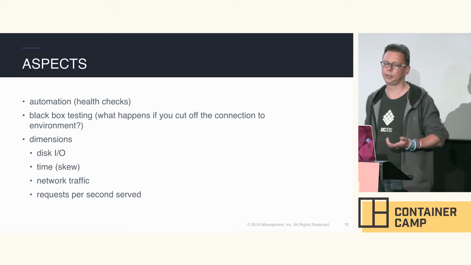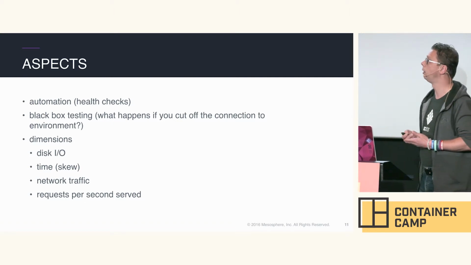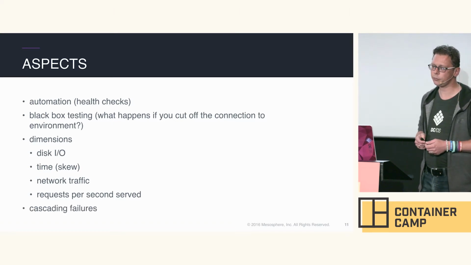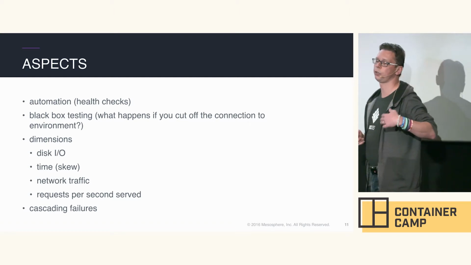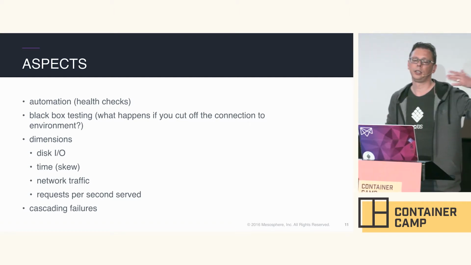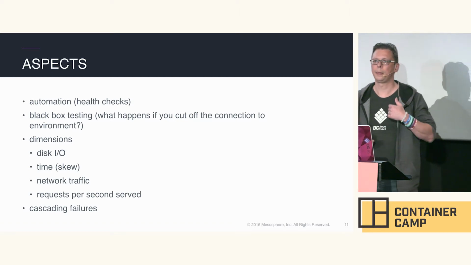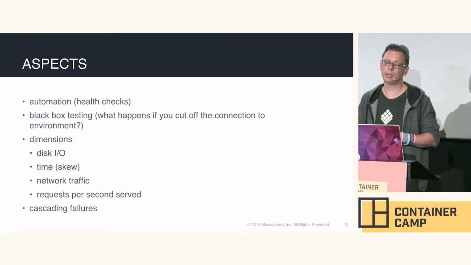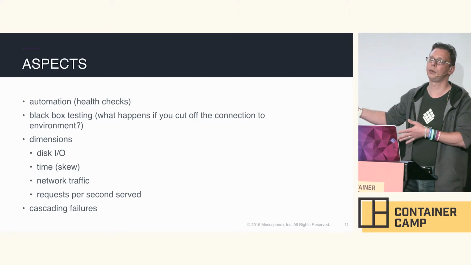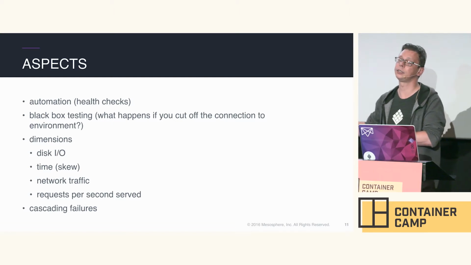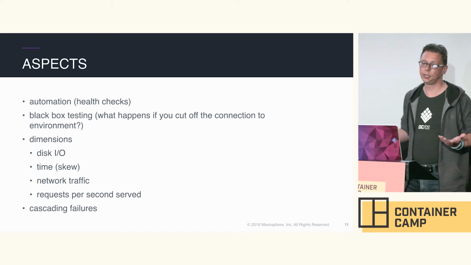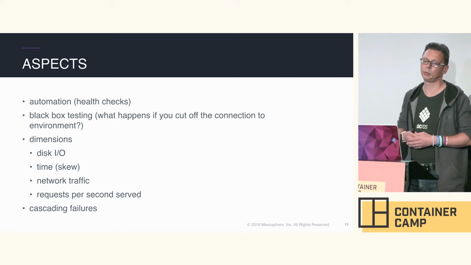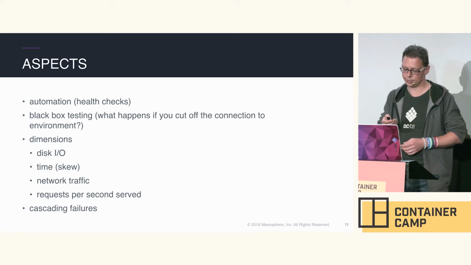And low-level things like requests per second served, probably one of the easiest things to monitor, to get an insight in. You also have to ask yourself, what about cascading failures? So you have one container that, for example, generates some random sequence for indexing or whatever. That might be stateless, but downstream it might, in one way or the other, affect a stateful service. So think holistically, think not only testing certain applications or certain replicas, but really an entire request path, for example.